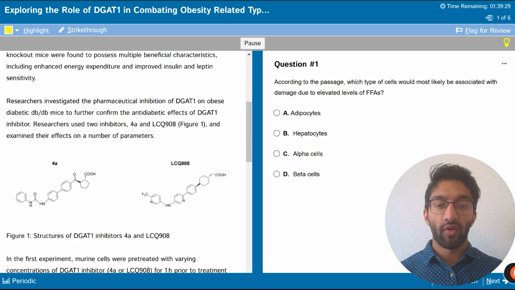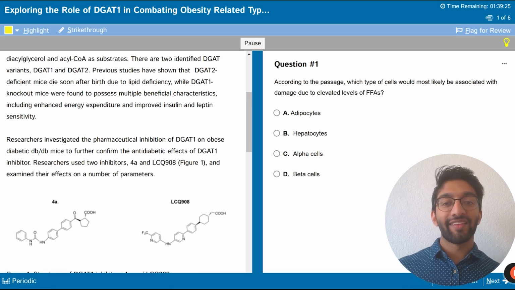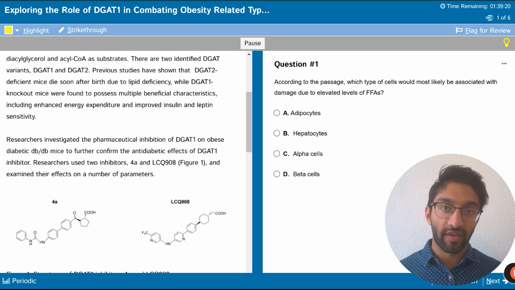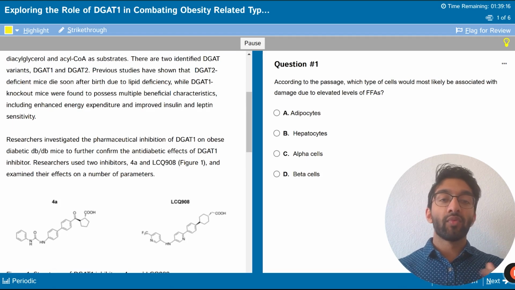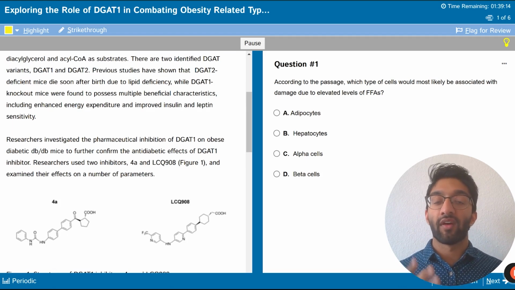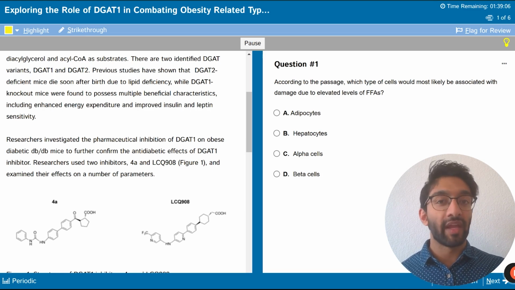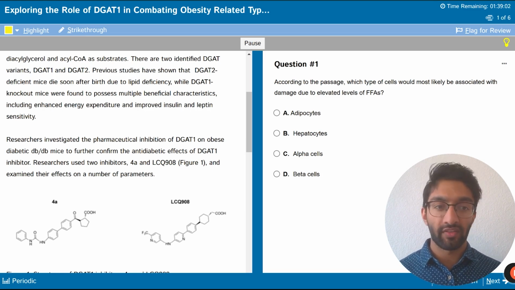So interesting. From this, you should already get a hint that DGAT is going to be the main focus of the passage. Of course, that was also in the title, but even if you don't have the title, from here, there's no reason for them to explain all the intricacies of different variants if they're not interested in that. So once again, not completely getting ahead of yourself, but anticipating what's going to come next in the passage will make that passage reading a bit easier.